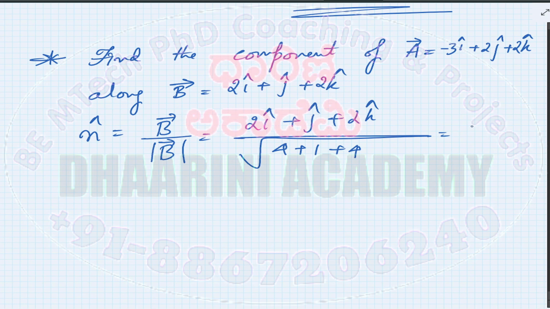So we know that it is a dot product. So i into i terms can be multiplied. So minus 3 into 2 is minus 6. Okay. Then next term is 2 into 1. Then 2 into 2, 4 divided by 3. So this is nothing but, you can see that they will cancel. So there is no